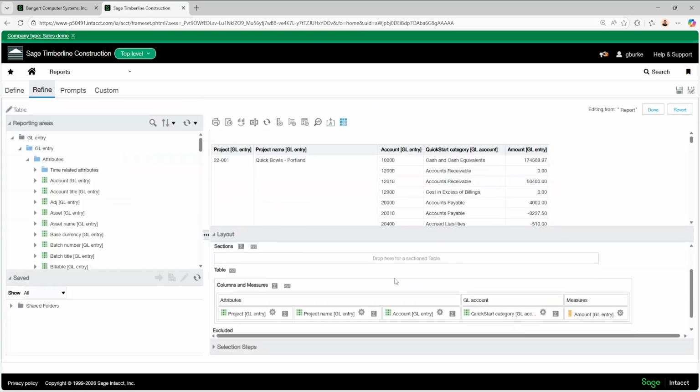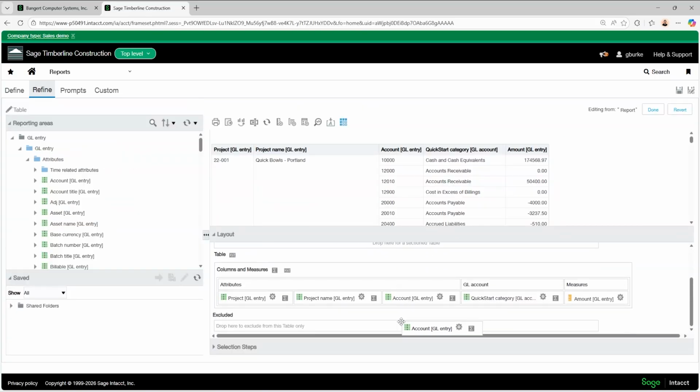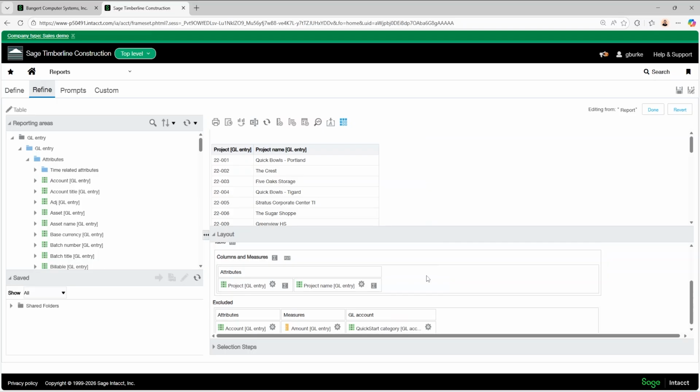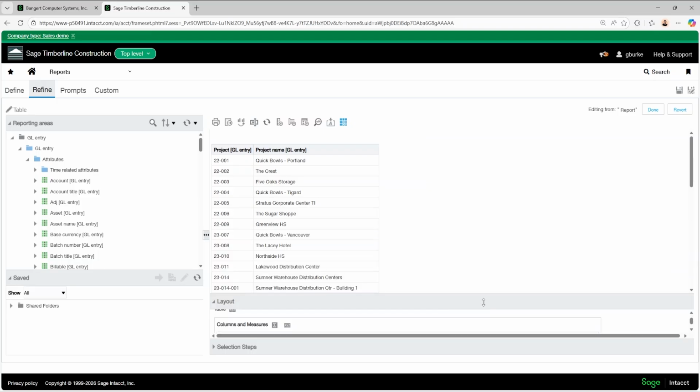So I'm going to go ahead and first move the account out of there. And then we have the amount. So this is total hitting all of the GL accounts. But again, that's not too helpful, especially now because I don't even know what account it's hitting. So I'm going to get that out there too. So first, let's say I want to see the total job cost to date. Well, that's when our case-when function will come in handy.